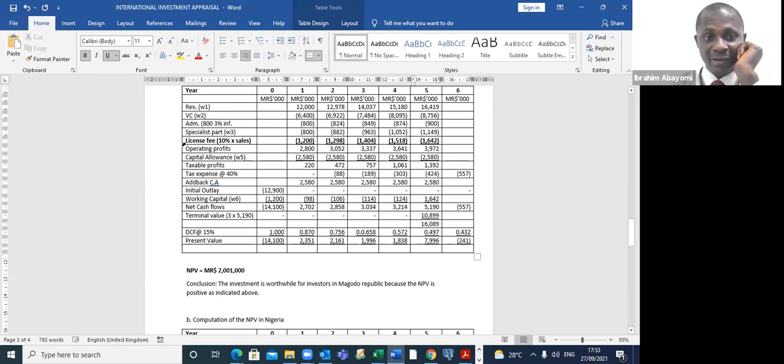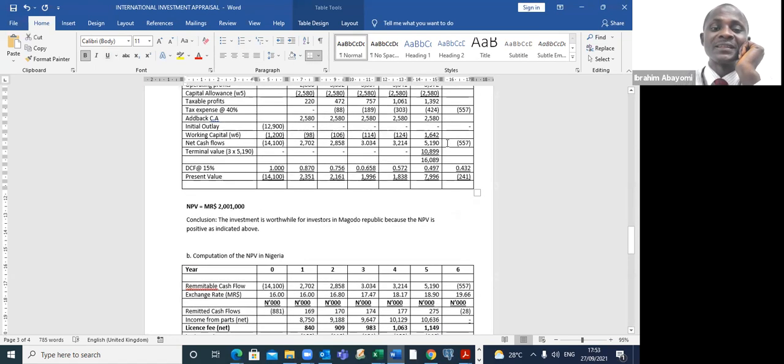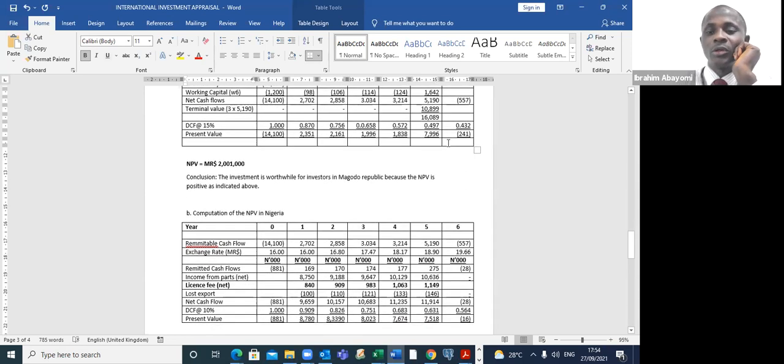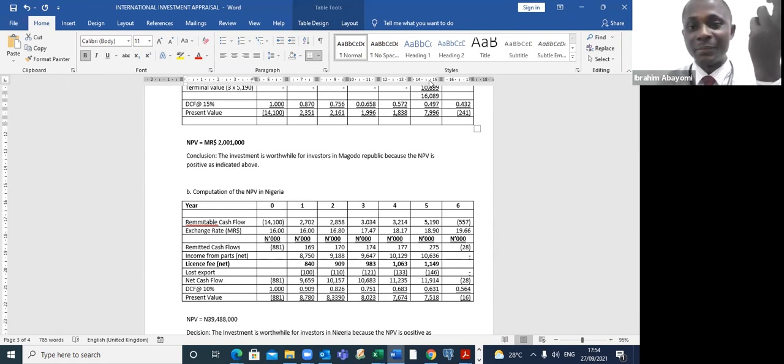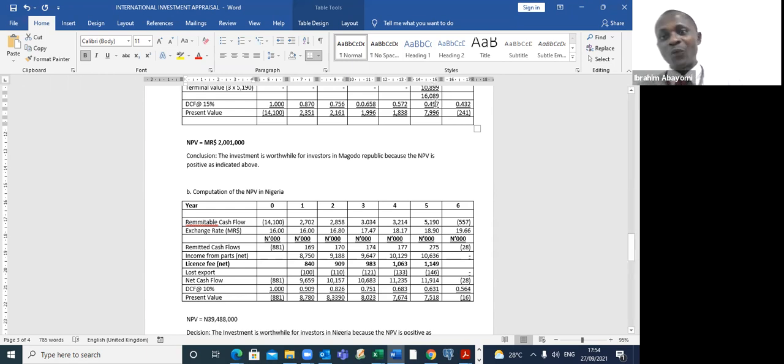We need to convert it because all this now is in dollar, so you won't be mixing dollar with naira. It's not possible. If you have maybe $1,000 and you have 5,000 naira, and I ask you how much do you have, you won't tell me you have $6,000, neither will you tell me you have 6,000 naira. So for you to know the amount you have, you either convert your dollar to naira or your naira to dollar. Do you understand? And that is exactly what we are doing here.